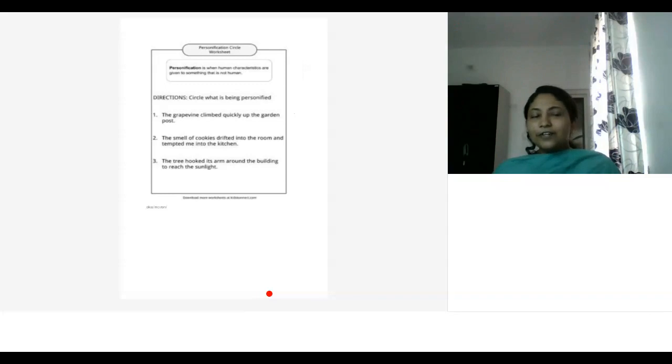Now, if I give you a worksheet like this, just see whether you can circle what is being personified in the first line. The grapevine climbed quickly up the garden post. So what do you think about that? Which is the non-human thing that is getting personified in this line? Of course, it is the grapevine, because the grapevine is attributed the human quality of climbing. Again, see the next example. The smell of cookies drifted into the room. Actually, a person